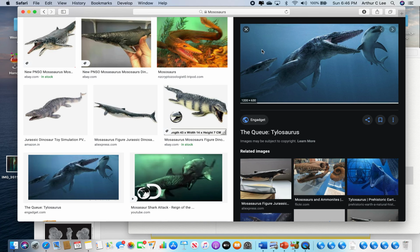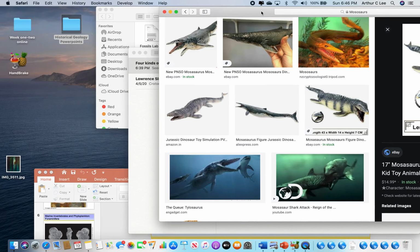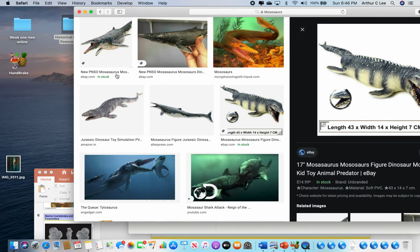So these are called what? These are called the mosasaurs. Typical mosasaur. Short neck, muscular neck, paddle-like arms, razor-sharp teeth. So we just covered all of the marine reptiles. Next thing I want to cover